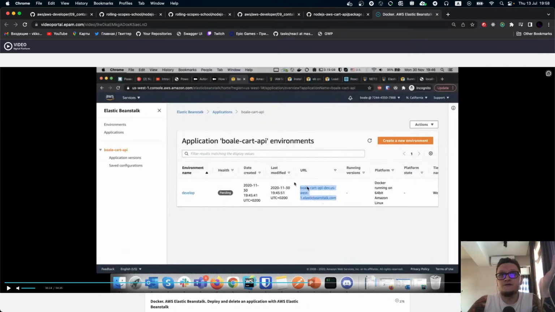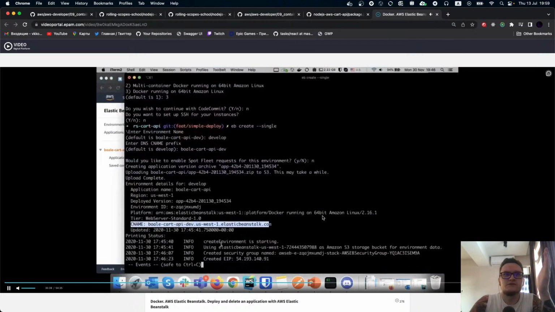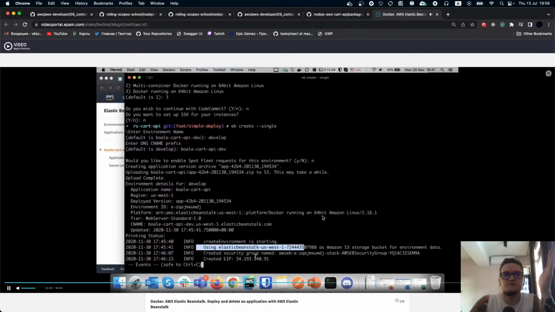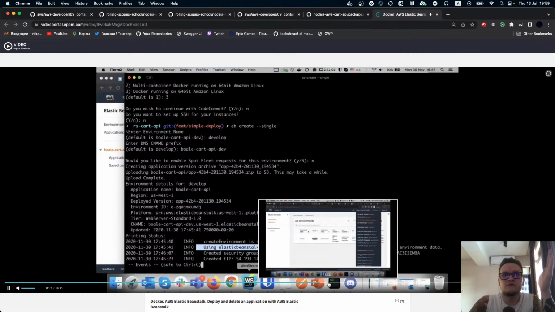And you can also see you already have a URL, and this URL is actually the URL for your cloud application, which you have to use inside your front-end application. It creates all the infrastructure for Elastic Beanstalk right now.